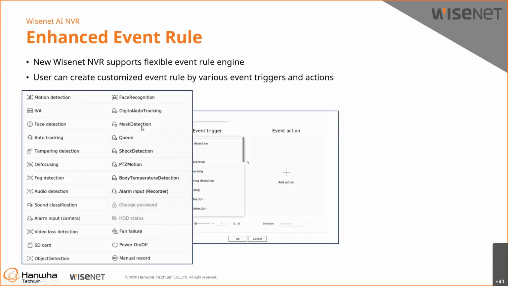So what kind of event trigger do we have? Actually, almost every kind of event trigger we have from the cameras or from the NVR as well. So we have motion detection and some video analytics, and face detection, tampering, defocus, and everything actually. And now you can see the icon. Can you see this icon with a little star? This is dynamic event, which means